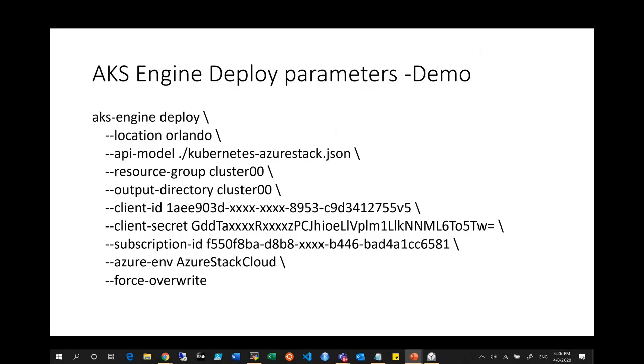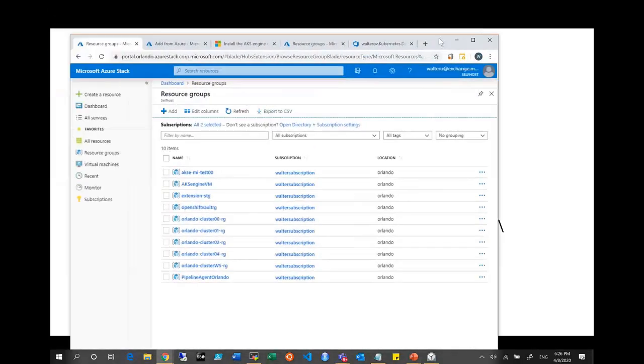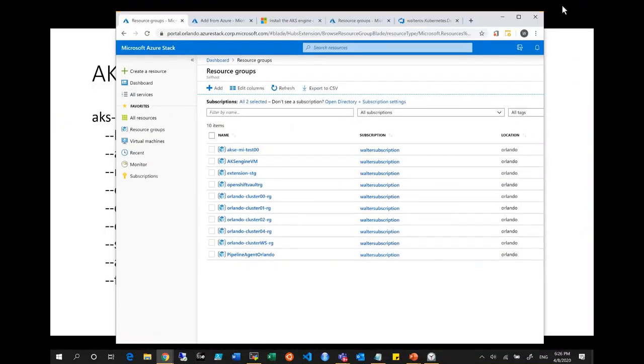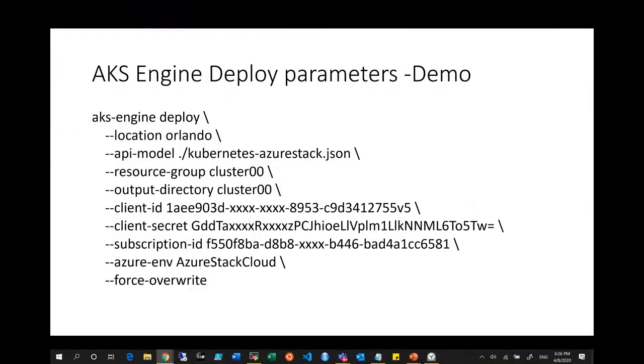All right, so now we can look into what it means to actually deploy a Kubernetes cluster. We're going to use the AKS Engine Deploy command for that. And let's run and do that. Let me show you quickly here. Okay, so by the way, you notice, just to highlight something, some of the elements that are in the deploy